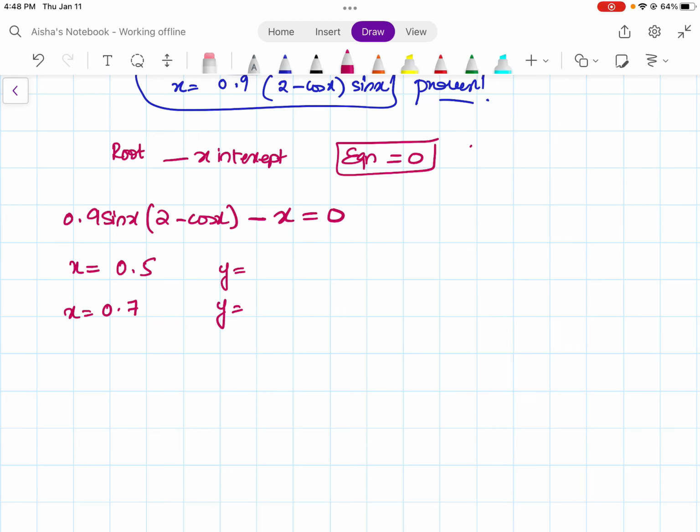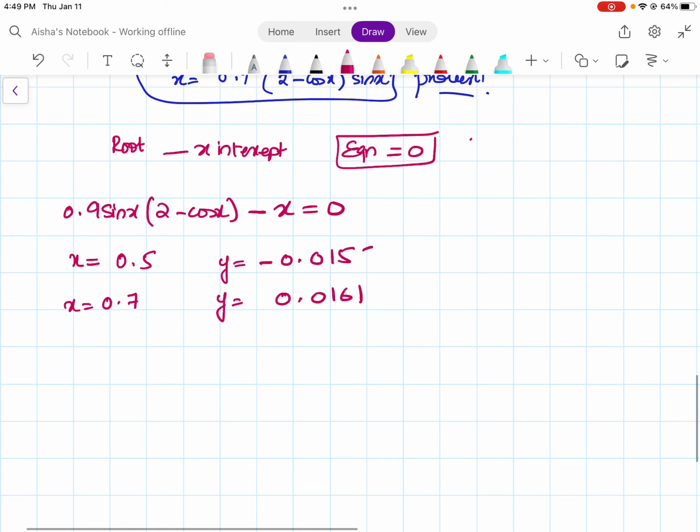sin x, 2 minus cos x, minus x. I'm getting minus 0.492. And when I calculate 0.7, there's something wrong, degree mode. With 0.7, I'm getting 0.0161. And with x 0.5, I'm getting minus 0.0157. Change of sign